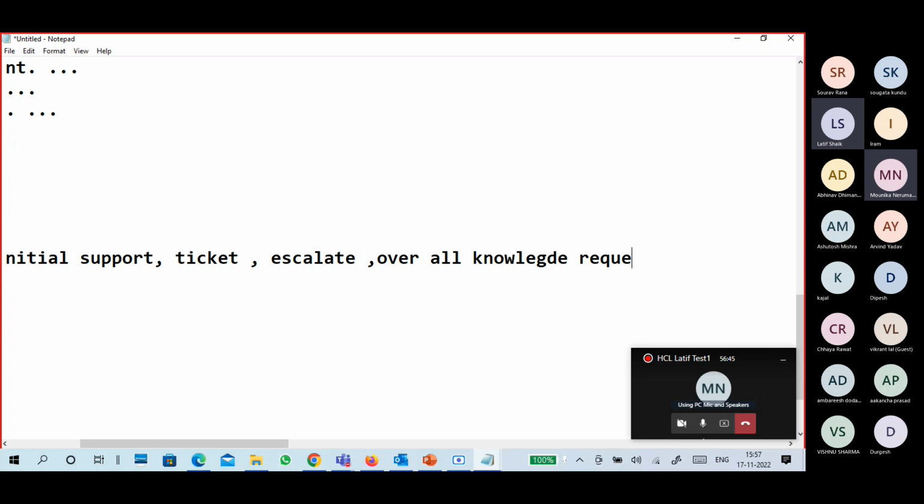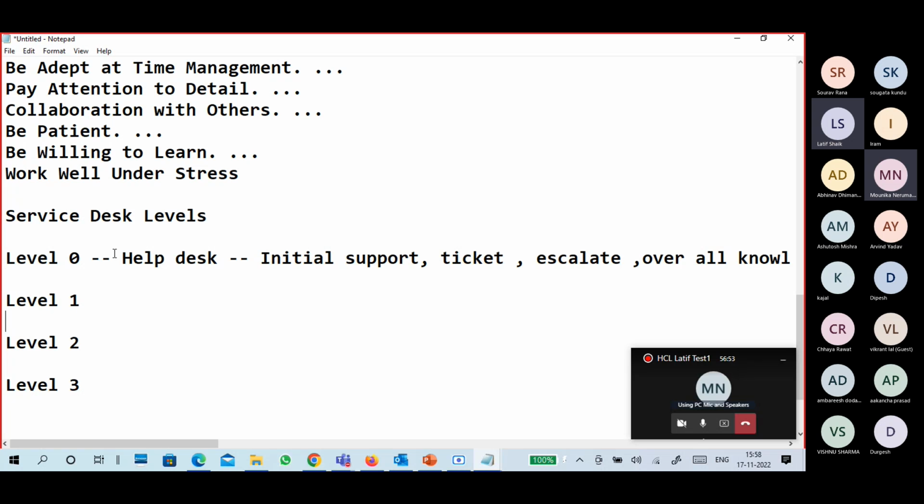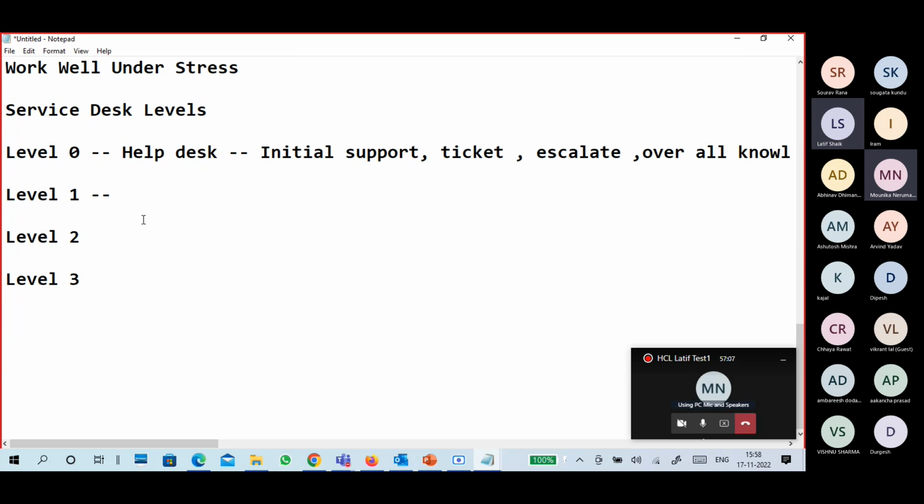For example, you are working at a common service desk. I need to know what is hardware related, networking related, Outlook related, kind of stuff. So level 1 is a specific technical support. It is a particular, specific technical part.